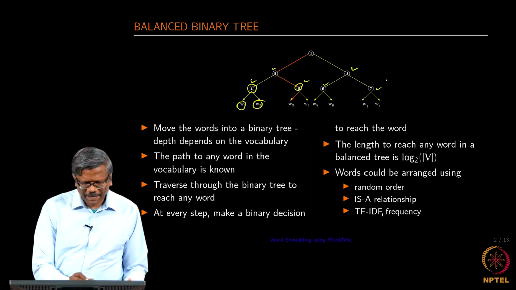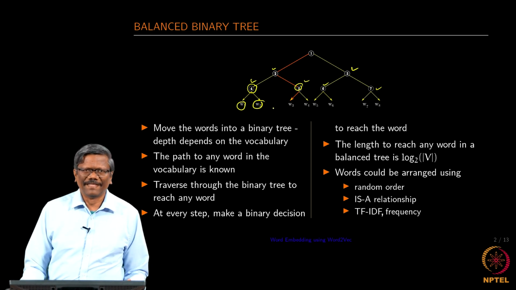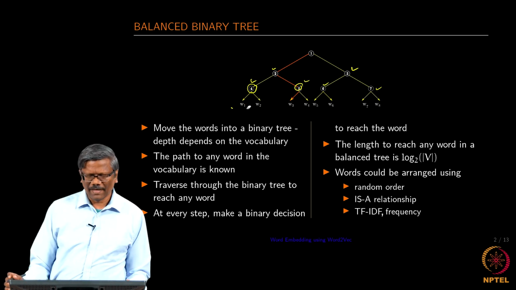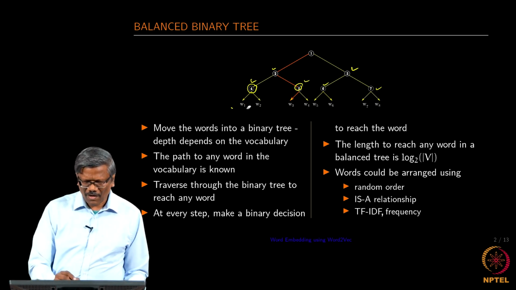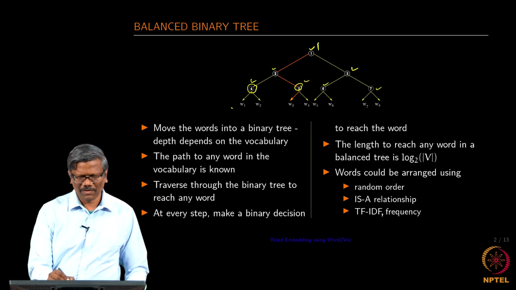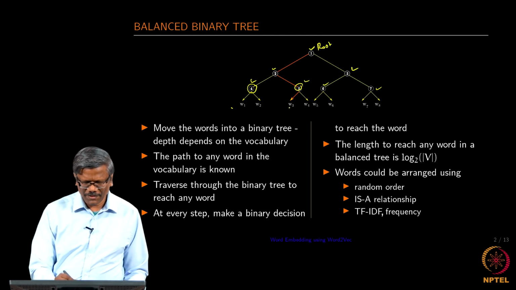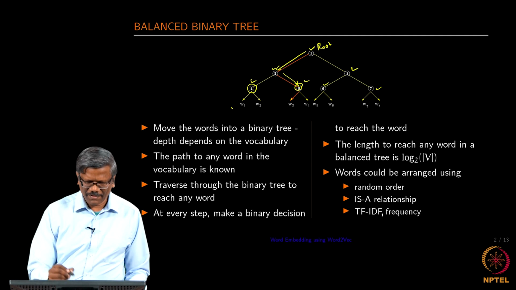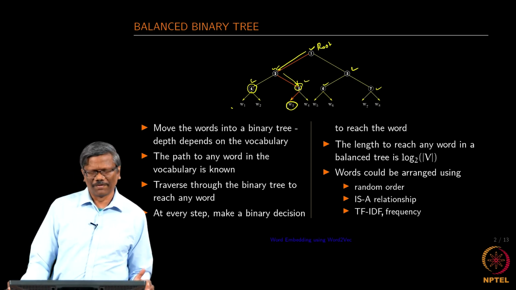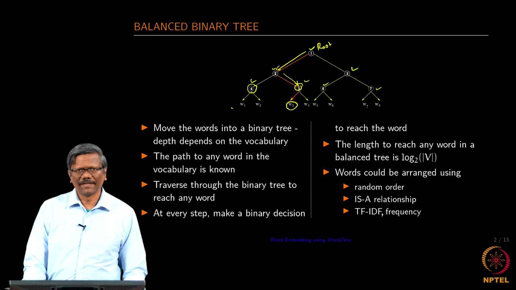Okay. So, we place the words in the leaves. Okay. That means, all the words would be available in this form, okay. And we know how to reach each word from the root node. Okay. So, this is your root node, and if you want to reach W3, I have marked that in red. So, you take a left, reach the node 2, take a right, reach the node 5, and then you get W3. So, the path is unique for each and every word. So, this is one way of constructing the binary tree.